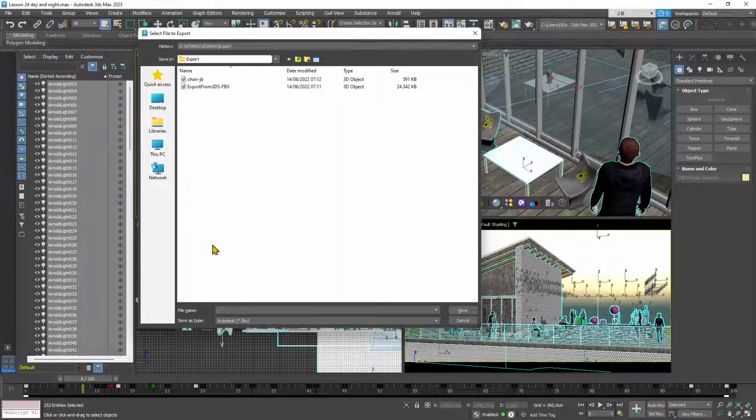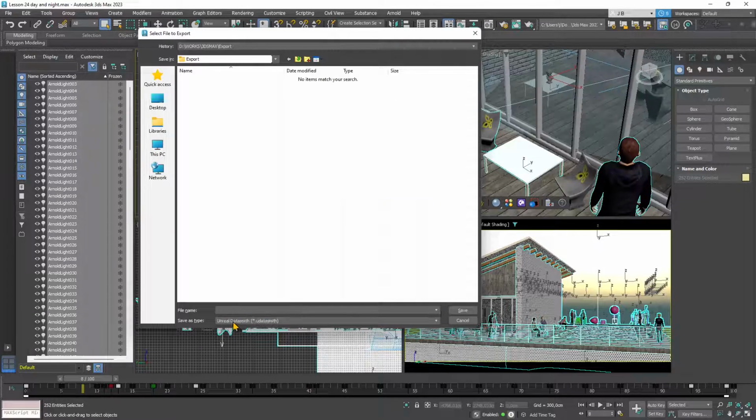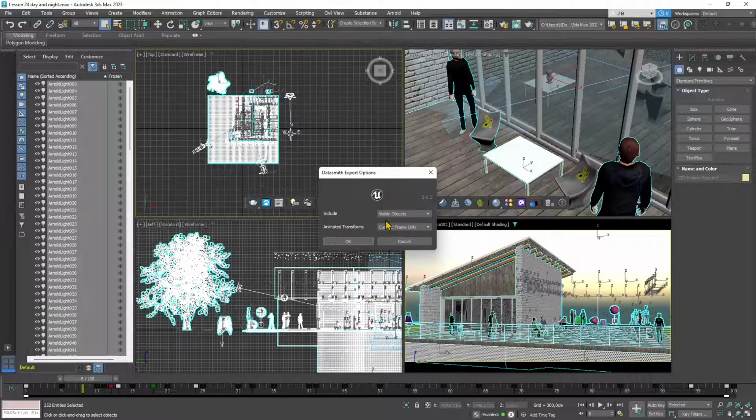FBX. Now I'm going to export again, the same process, but this time I'm going to look for the Datasmith version and the Datasmith plugin. Now it worked because I can export in Datasmith, and I'm going to do the same exact thing. So I'm going to try to export the entire scene of this little architecture here, and you can see now